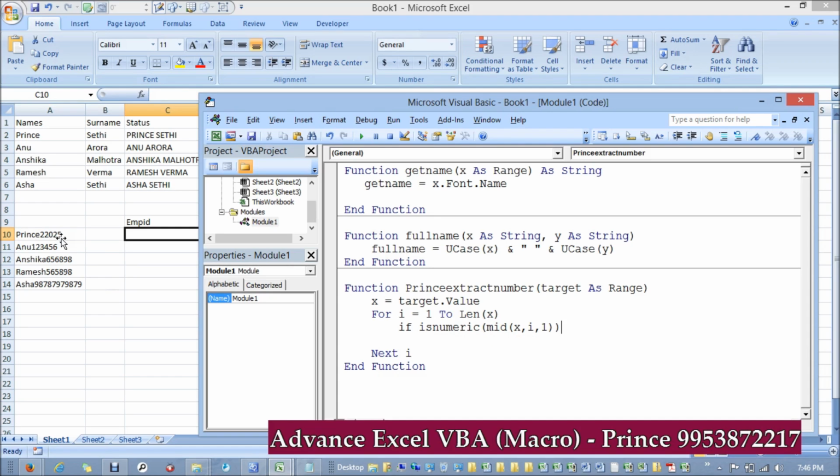Okay, so two brackets get closed, and then I want this specific value to be put into another variable, like a temp variable. I'm just taking a temp variable, or you can take it as a double X as well. So XX and Mid of again X, I, 1. Okay, and if